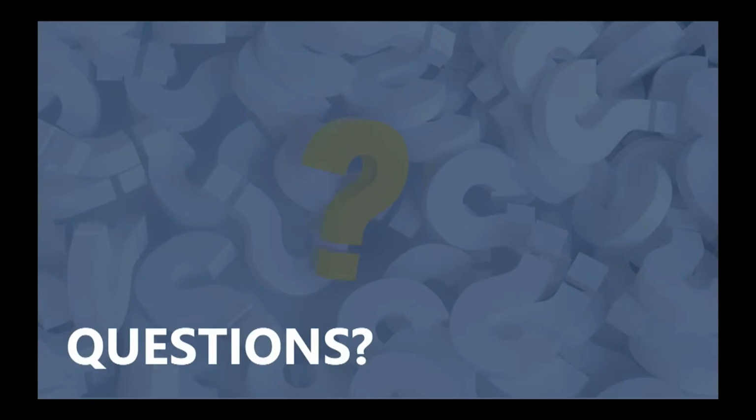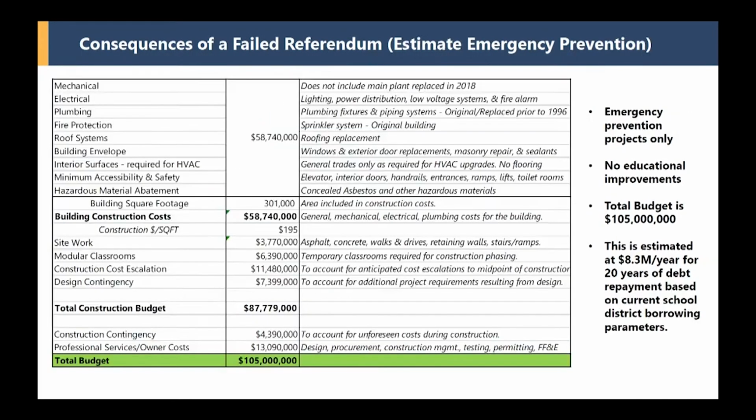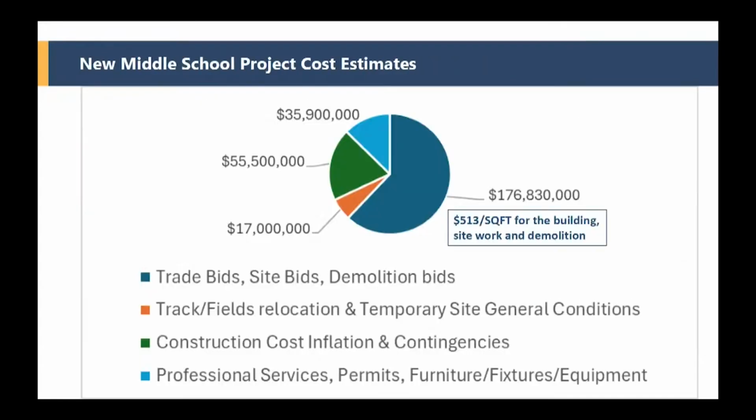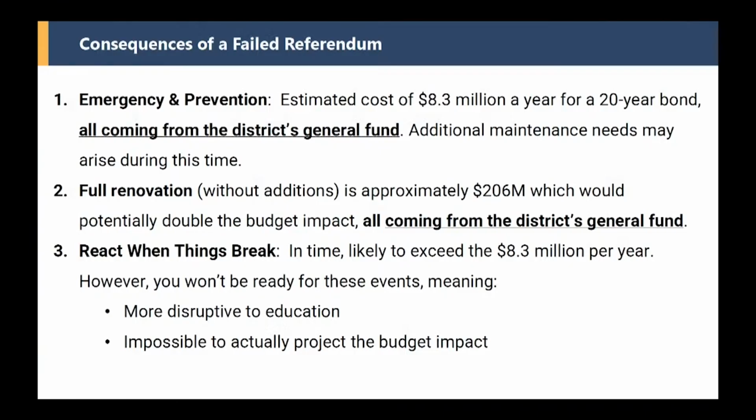Yes, I have a couple of questions. The slide that we just looked at, I think it was slide number 9, you mentioned modular cost. Was that incorporated in the 100, the overall cost, or no? Any modular units? Yes, the modulars are in the $105 million cost. That is this line item right here. That's modeled at about half of one of your grades. So half of grade 6, 7, or 8.